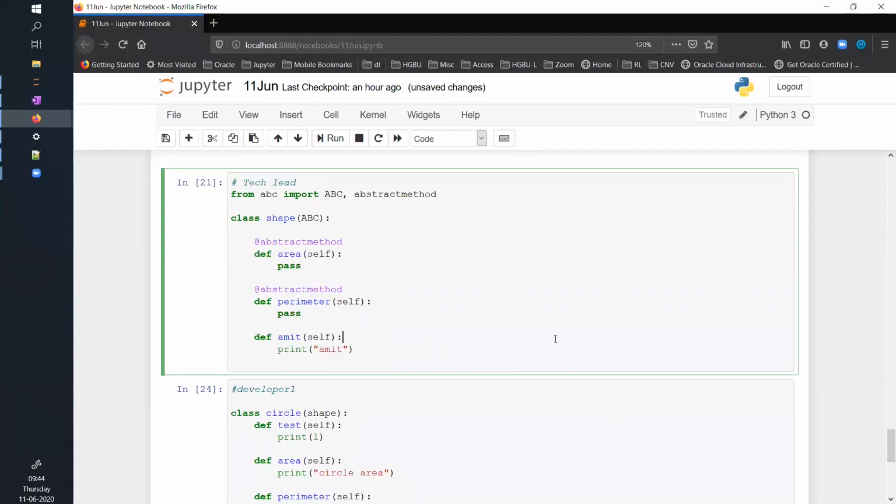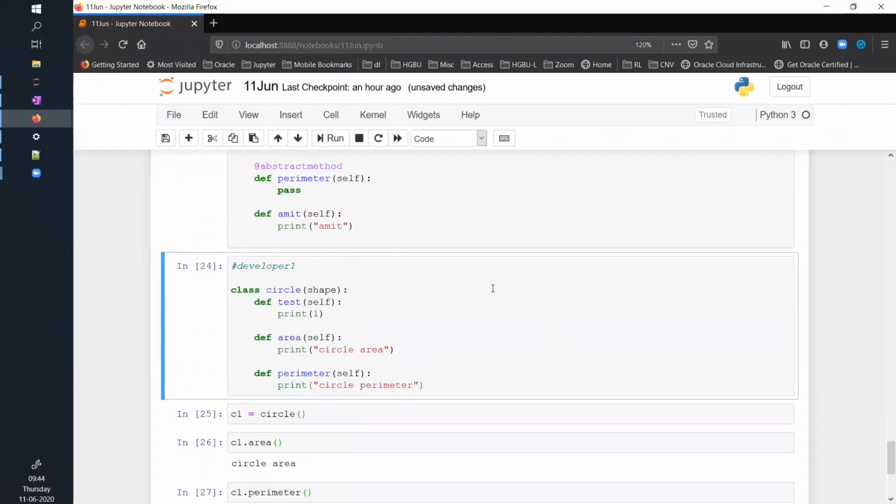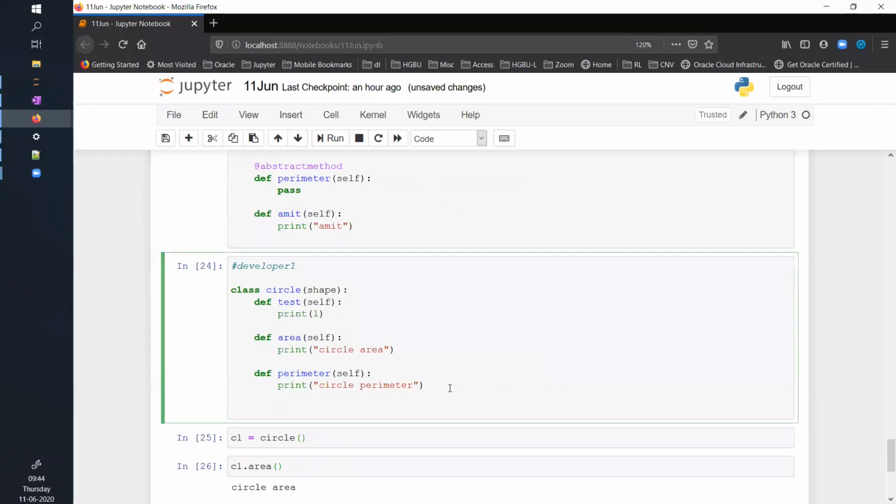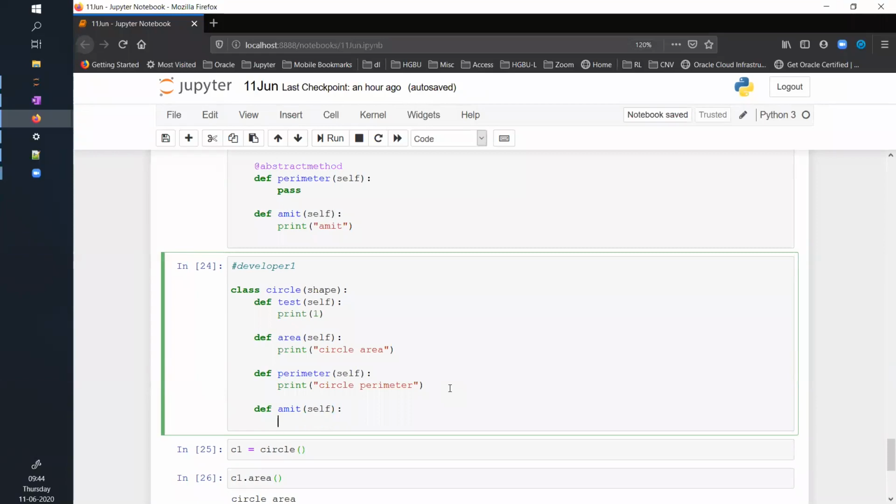Okay. And I run this. Okay. Now, here I can def Amit self print new Amit something.